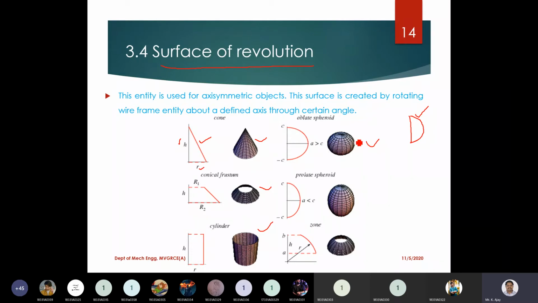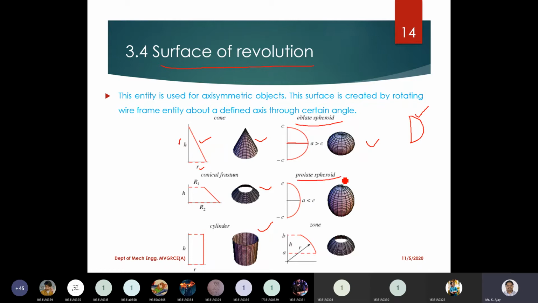So for example, the earth surface is not a pure sphere. Earth is a kind of oblate spheroid, where the a value would be more than the c value. Similarly, if the a value is less than c,